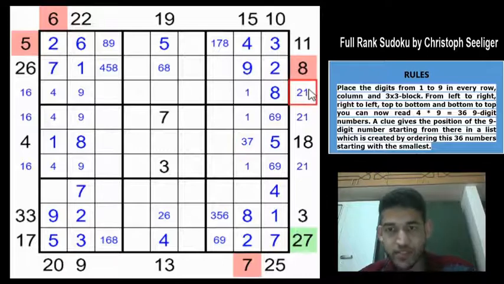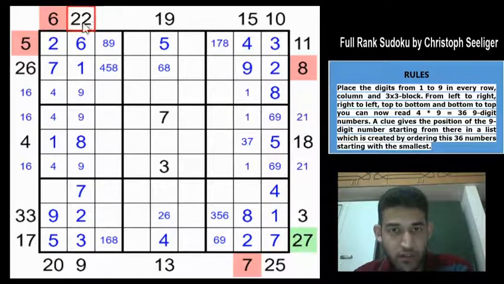So which means that this cannot be 21 clue, because we know for sure that because of this 22 will have a 6 and 1 as starting digit. So we can eliminate the 6 from here, and which means that because 6 and 1 will be here, this cannot be a 1. So this must be only 5, 6 or 7, right? 1, 4, 9, 2, 3, 8 are ruled out. So this must be 5, 6 or 7. And because of the 8 here, you will have 1 or 7 here.